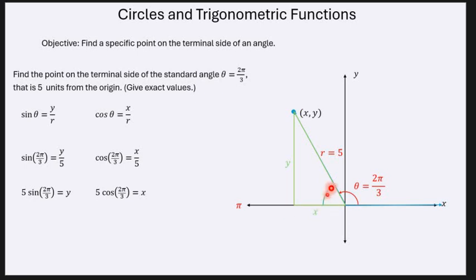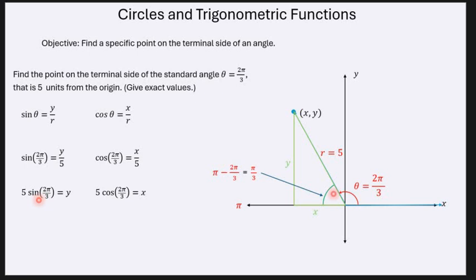So all I have to do to find this green angle is subtract 2 pi over 3, the given angle, from pi. So that's what I do. This angle here is equal to pi minus 2 pi over 3, which is pi over 3. Now pi over 3 is a 60 degree angle. So this is a 60 degree angle, meaning that the side adjacent to it, the x value, has to be half of the radius, because the cosine of a 60 degree angle is half. And the sine of that angle has to be the square root of 3 over 2,